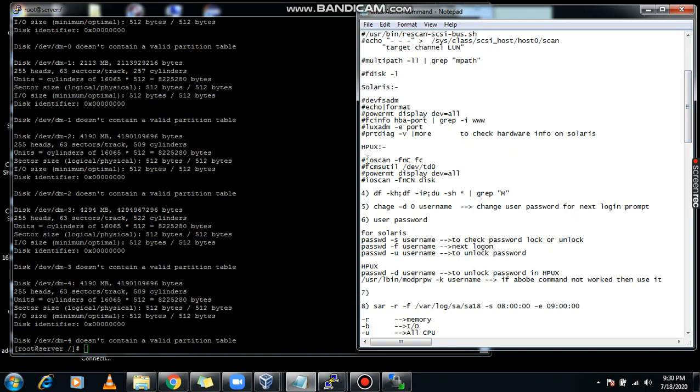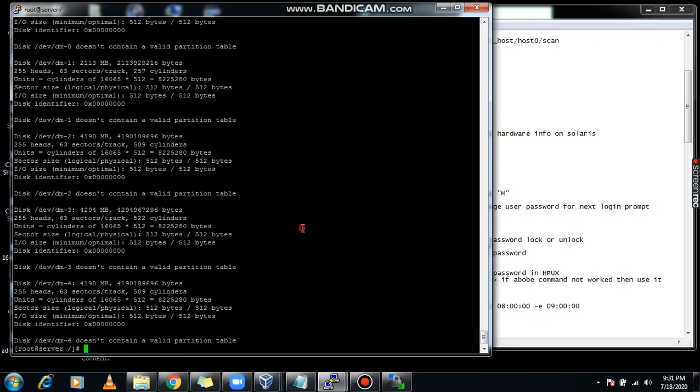In HP-UX there is ioscan -fnC and fcmsutil /dev/td0. Power management is also available. So these commands you can use in Linux, Solaris and HP-UX in your production environment.